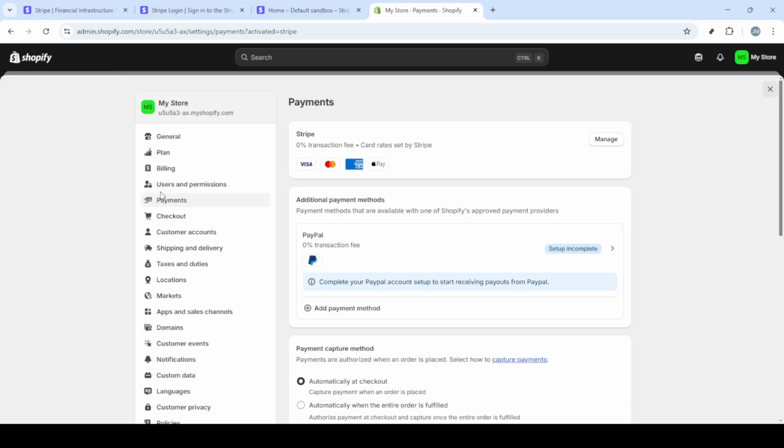By completing these steps, you have successfully integrated Stripe into your Shopify store, allowing you to accept payments easily. This integration not